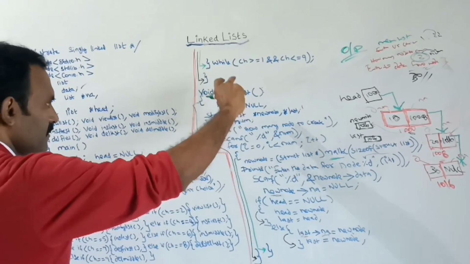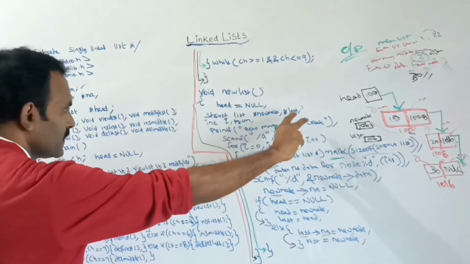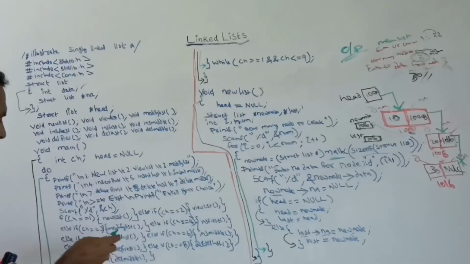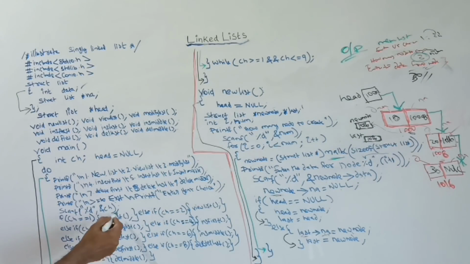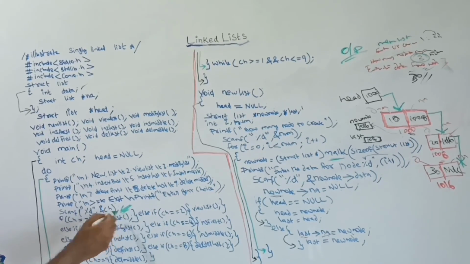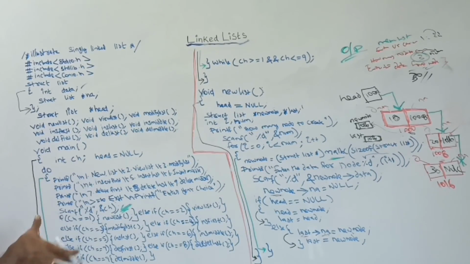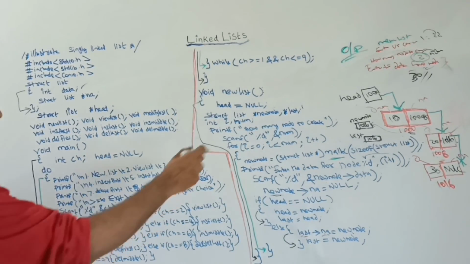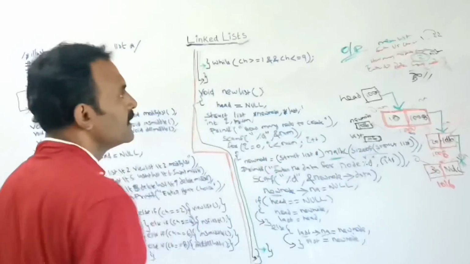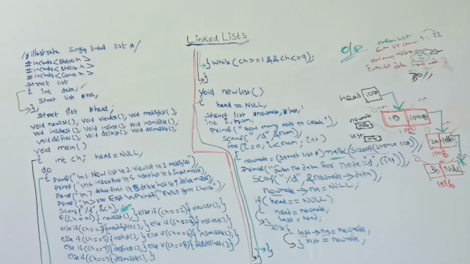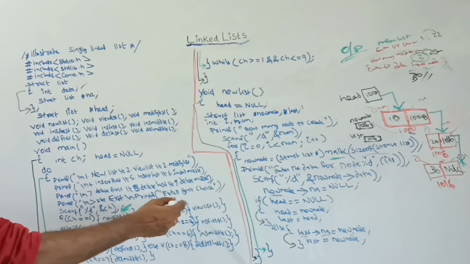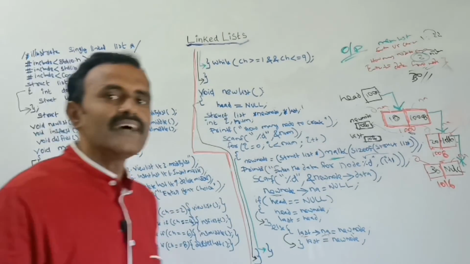Each and every time the function completes, it returns back to where it was called. We are calling this function here, so it returned back here to the main function inside the do while loop. So up to this we have seen about the new list. In this way we can create a new list. Next, let us see about the view list. How to view a list.